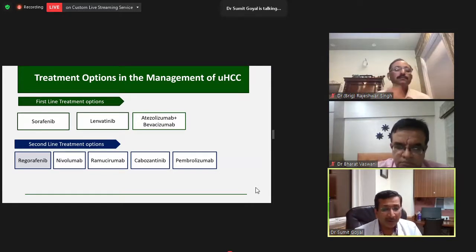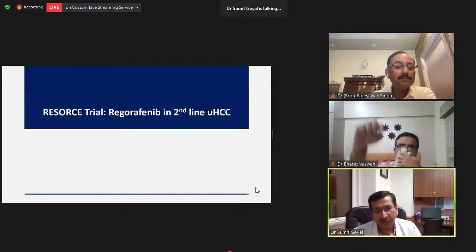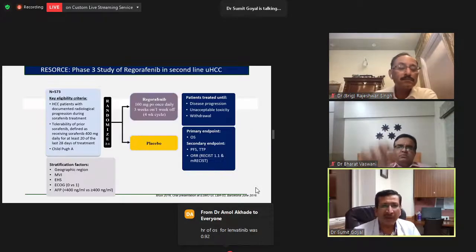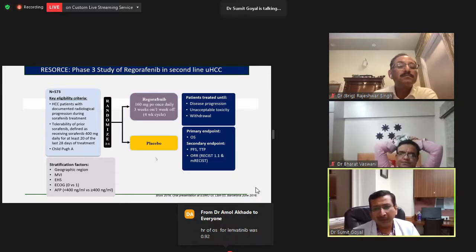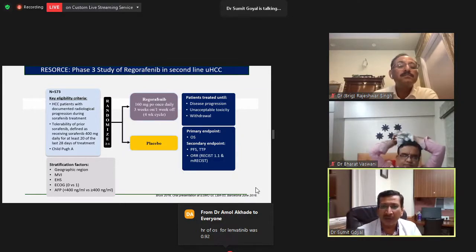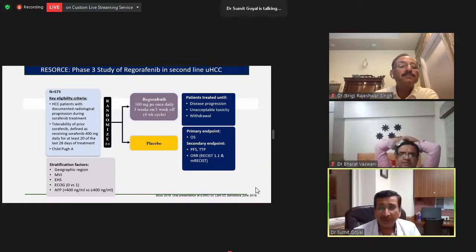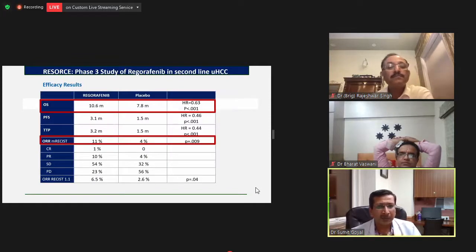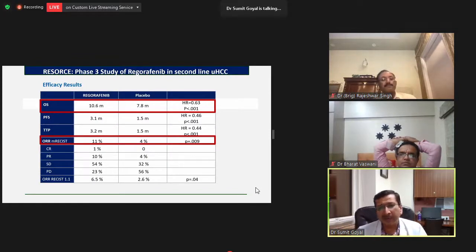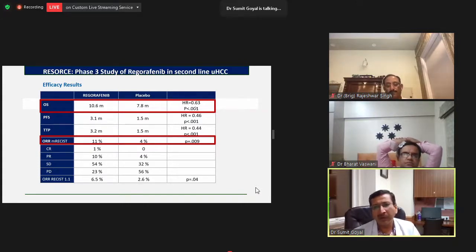one is regorafenib, the other is cabozantinib. The RESORCE trial, regorafenib in second line. This was again a phase 3 study, but it compared with placebo, regorafenib 160 milligram orally once daily. Again, we know in initial days we had difficulties using this drug. Now with dose reduction, we know how to titrate and use this medicine better. OS was 10.6 months as compared to 7.8 months in the placebo arm with significant p-value and hazard ratio